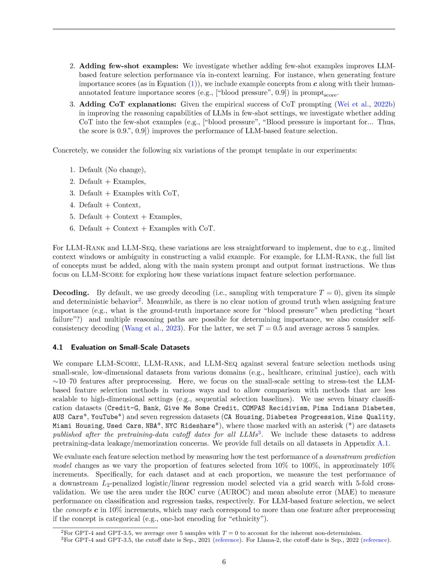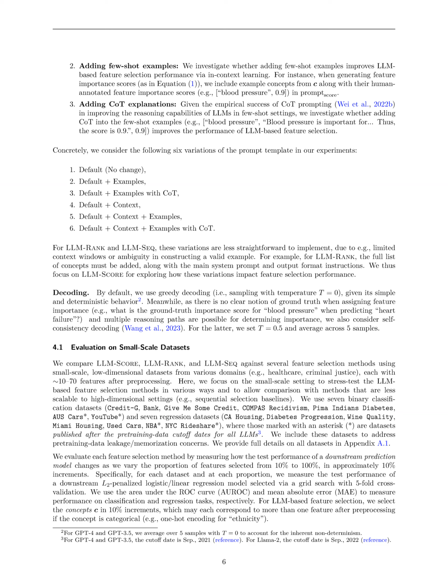The performance of the LLM-based feature selection methods was evaluated by measuring how the test performance of a downstream prediction model changed as the proportion of features selected varied from 10% to 100% in approximately 10% increments. The evaluation metrics used were the area under the ROC curve, AUROC, for classification tasks, and mean absolute error, MAE,